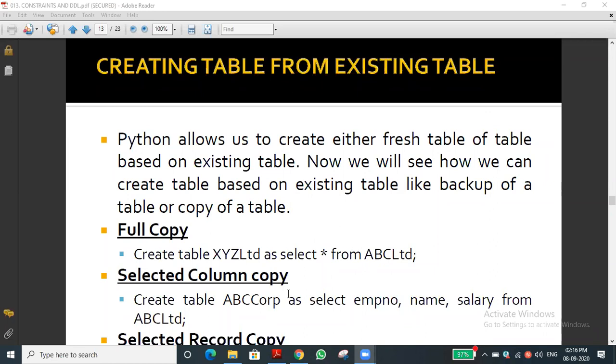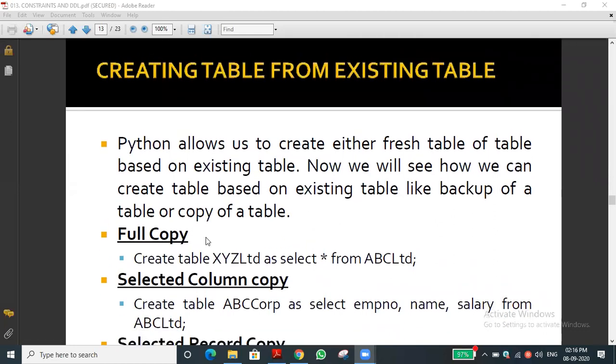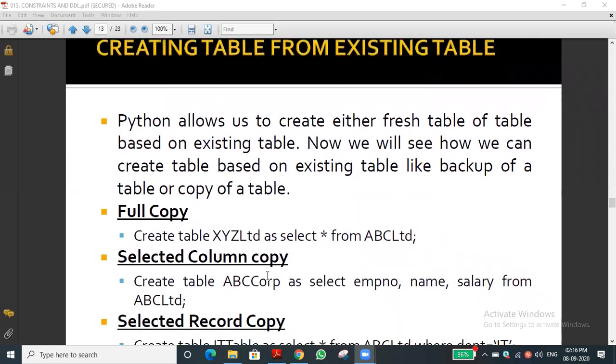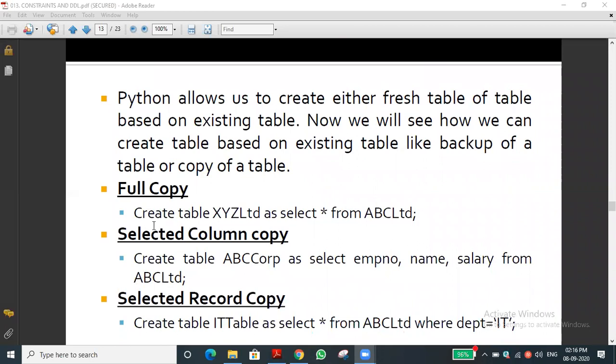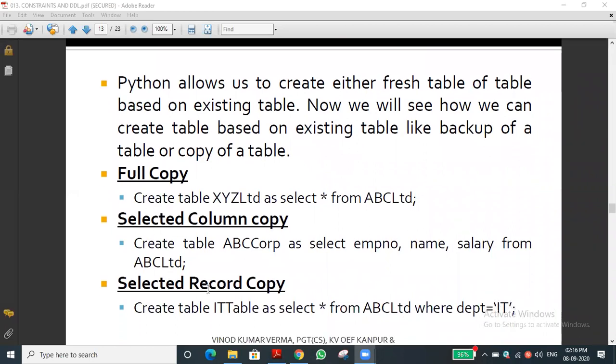We have discussed it in the table with an example. We created one table with the primary key, how to set the primary key, what is the use of the primary key. This concept we have seen. And later we started to discuss the full copy, selecting specific columns alone, how to take a copy of a table, that is the entire table, or specific columns alone, or based on the records, based on a given condition, how to copy records from one table to another table. This concept we have discussed. Okay, that was the thing.